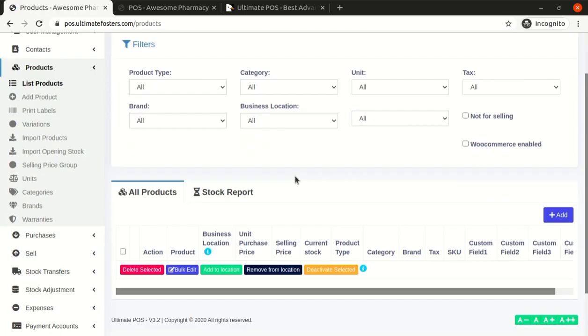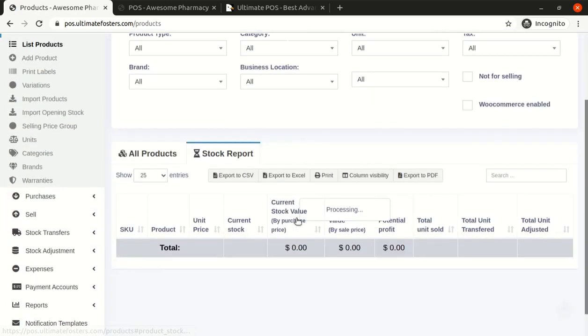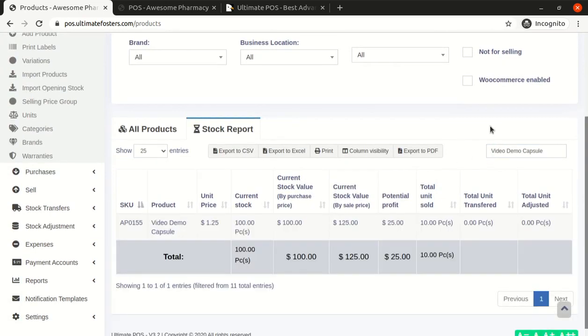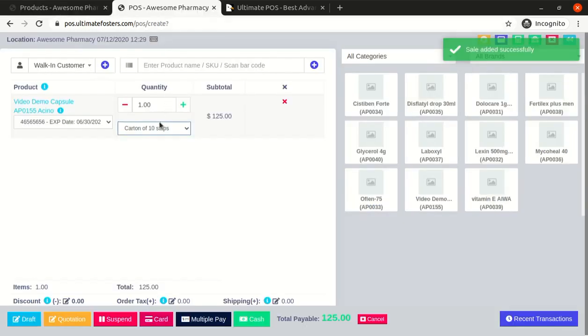In the list products, I will click on the stock report and search for this particular product. So you can see in the stock we have 100 pieces available for this particular product. So I can easily sell a carton of 10 strips from here. So I am selling a strip of 10 pieces from here.